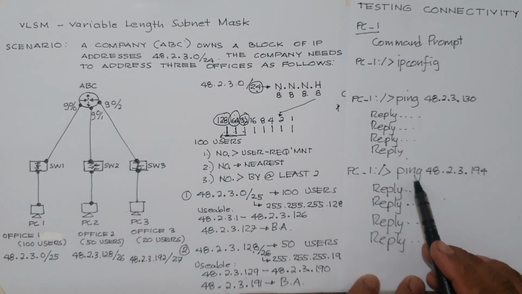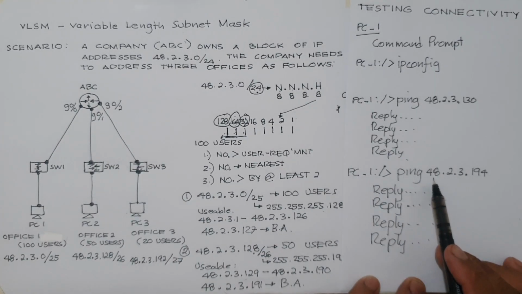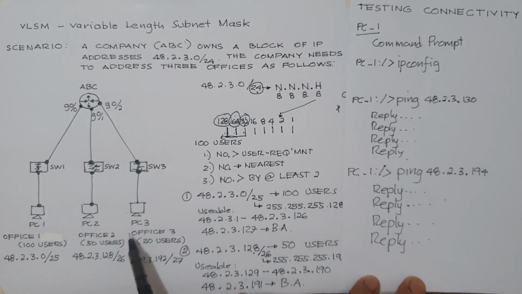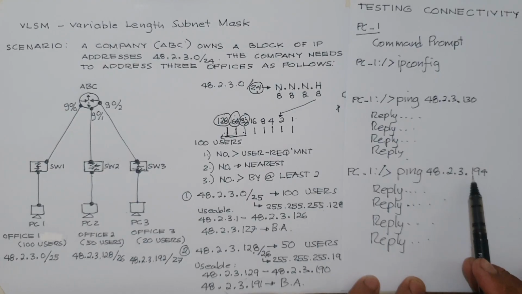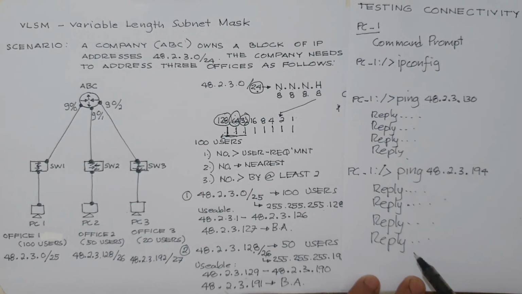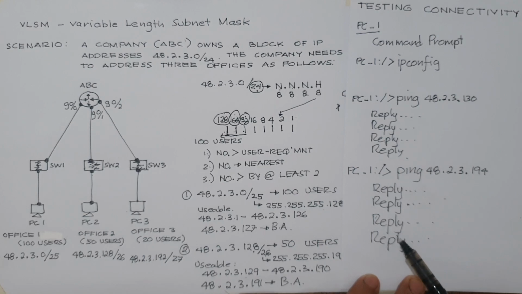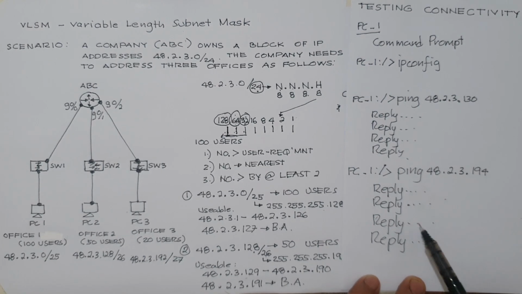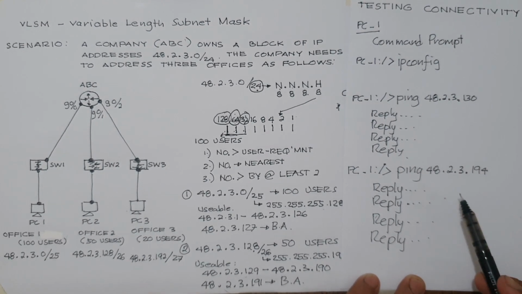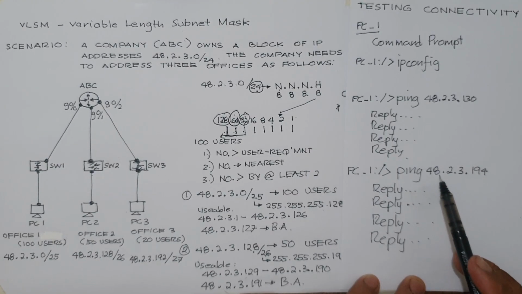The same here, from PC1 you ping the IP address of PC3 here, and you must be receiving 4 replies. If in the first issuance there are only 3 replies, repeat the command, and